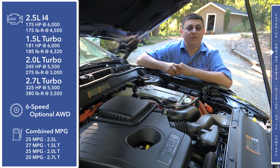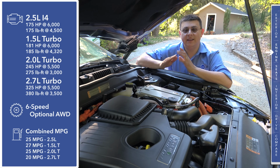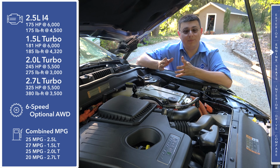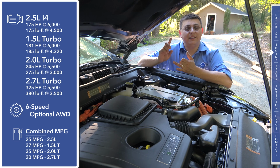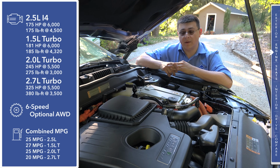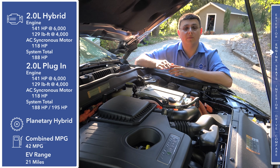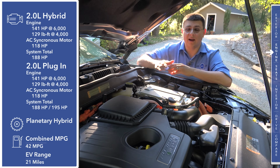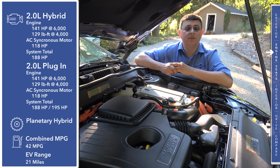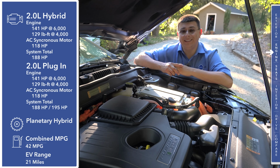Things start out with a 2.5-liter 4-cylinder engine producing 175 horsepower. That's very similar to what we see in the rest of the competition. From that point, we get 3 different turbocharged engines, a 1.5-liter turbo, a 2-liter turbo, and a 2.7-liter twin-turbo V6 producing 325 horsepower. For those that are looking for a touch of hybrid in their mid-size sedan, Ford then offers 2 hybrid models, a regular hybrid and a plug-in hybrid, which is the one we're taking a look at right here. They're both based around a 2-liter 4-cylinder Atkinson cycle engine that produces 141 horsepower and 129 pound-feet of torque